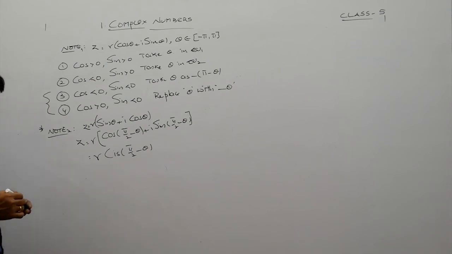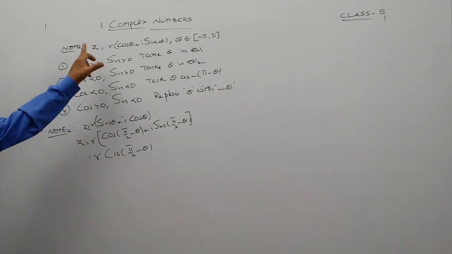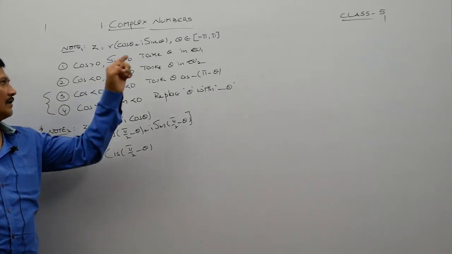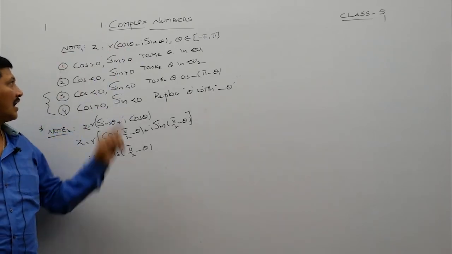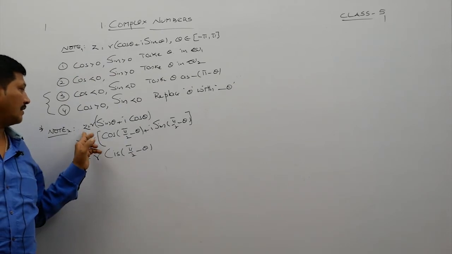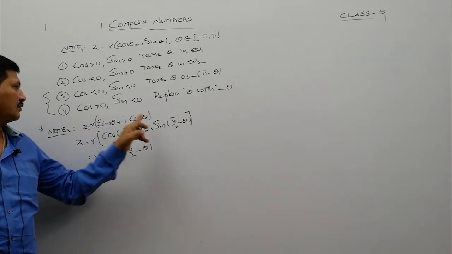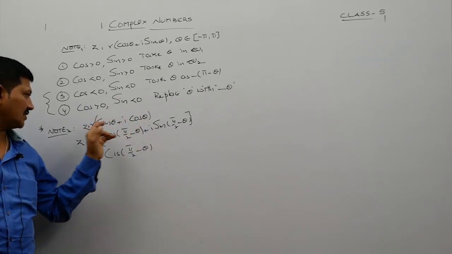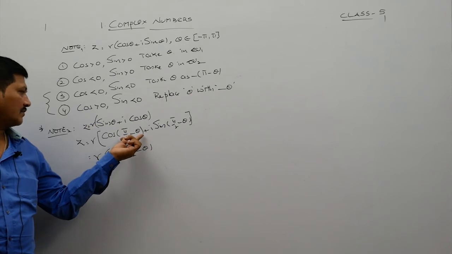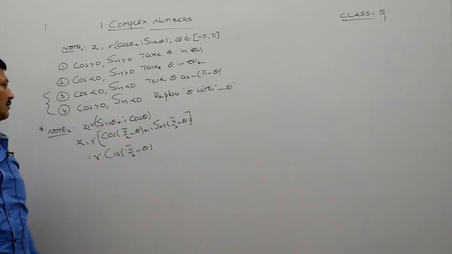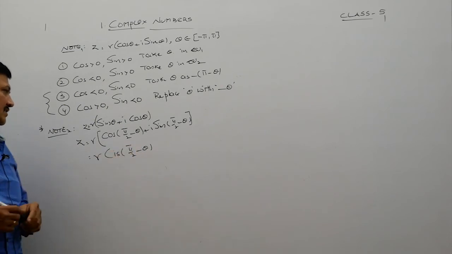However it may be, when you are saying mod amplitude form or polar form, it is always of the form z is equal to r into cos theta plus i sin theta, and theta belongs to minus pi comma pi. And most importantly, suppose the given complex number is of the form z is equal to r into sin theta plus i cos theta. Now a small conversion can be done to write this one in that polar form. r into sin theta is cos 90 minus theta plus i into sin pi by 2 minus theta. This is equal to r into cis pi by 2 minus theta.